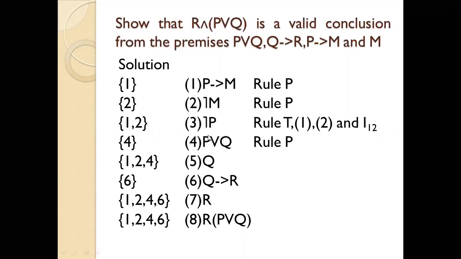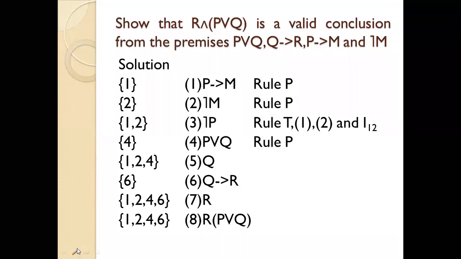Okay. Let me check the problem once again. Just a minute. So here P or Q, P implies R, P implies M and negation of M. So this is the rule which is already given. Rule P, P implies M and negation of M. So when you apply these two rules, rule P, ये रूल है, ये रूल है. तो आइडेंटिटी नंबर 12 क्या बोलती है कि अगर P implies M और ये negation of M है, तो this gives us negation of P.